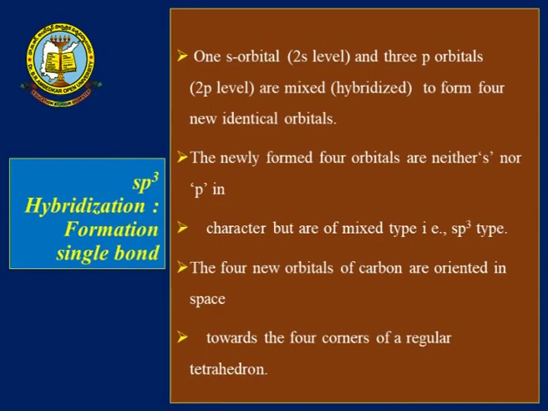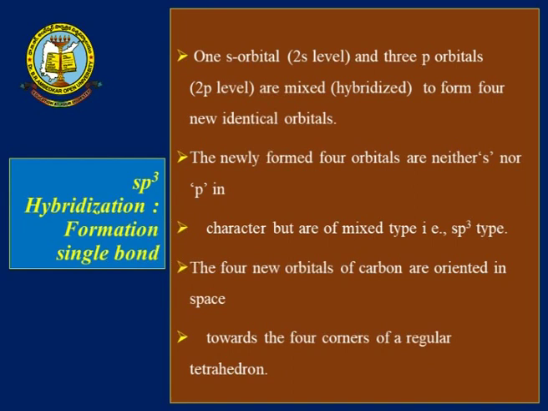So, this is about the hybridization. I think you have got a clear idea now. Let us see about Sp3 hybridization first. What is it? We will get into the details of this hybridization. As I said earlier, 1 s orbital of the 2s level combines with 3 p orbitals of the second level, producing